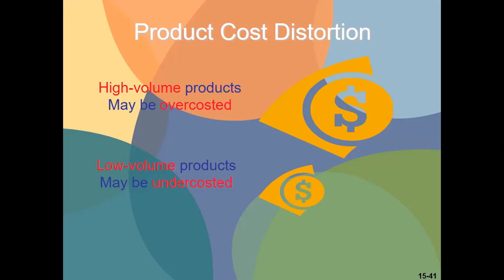And that is the point of the activity-based costing system, wherein if there is a high volume of products, the cost would be lesser. If there are low volume products, then the cost would be higher, right? That's the point of the peanut butter costing system analysis. And I hope that is clear.